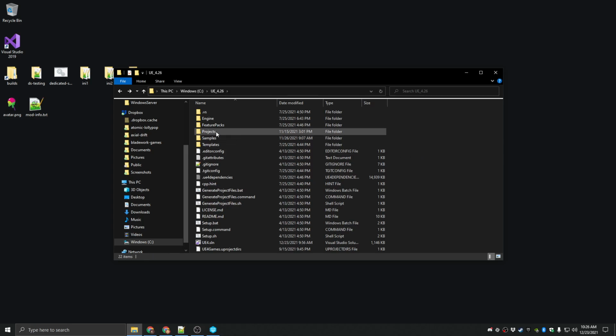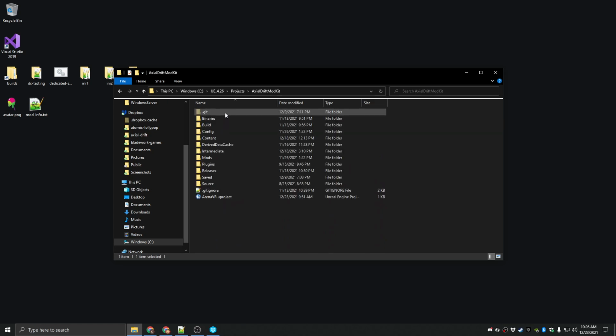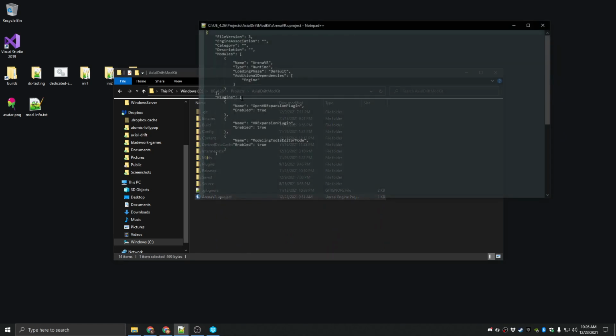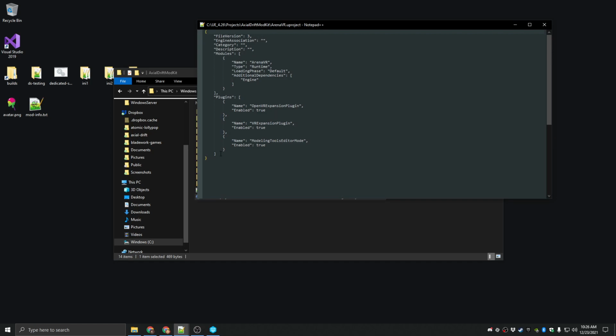So the next thing you want to do is go into Projects, Axial Drift Mod Kit, and right-click the uproject and edit that with Notepad. And you'll have at the bottom of yours, mine's already gone, something that says AdditionalPluginDirectories, Mods, and then you want to delete that from the comma through the brackets. So it basically should look like this. So just delete the AdditionalPluginDirectories, Mods entry right beneath this on yours,